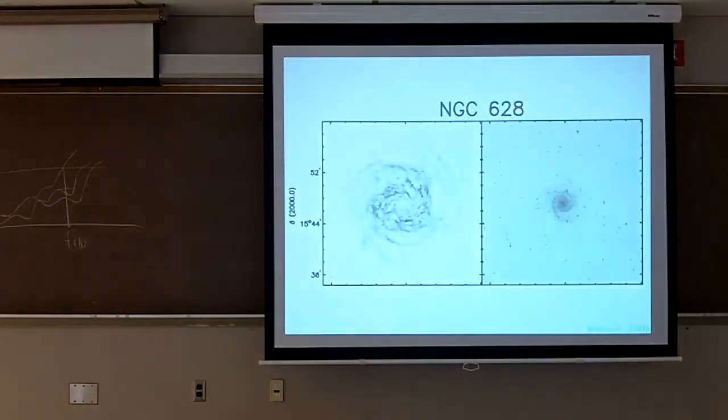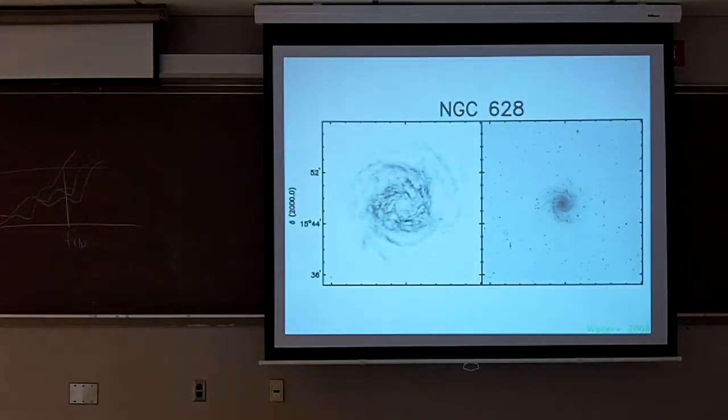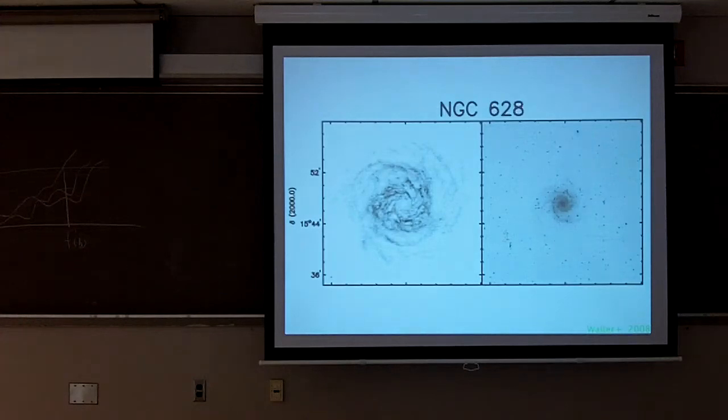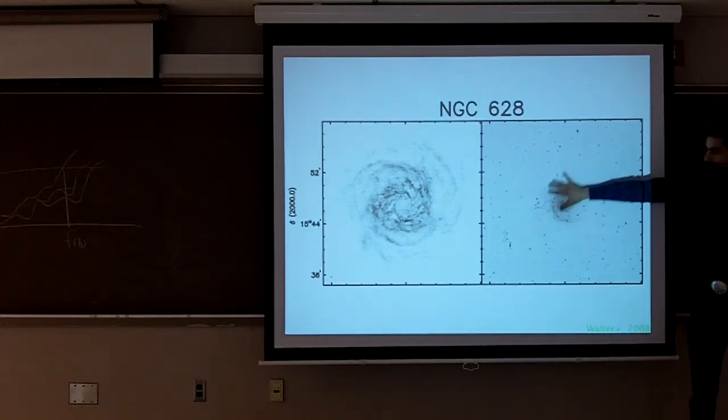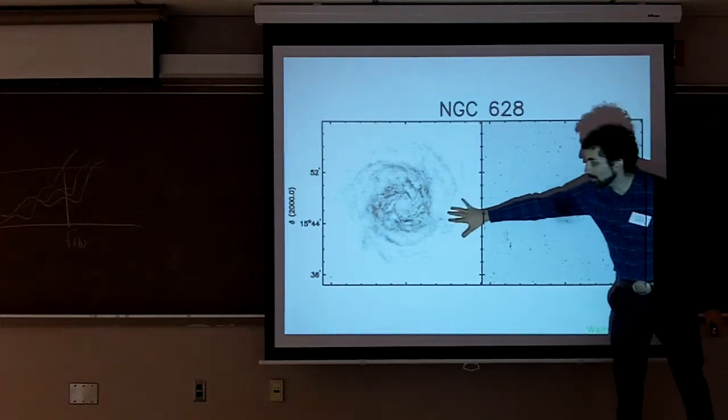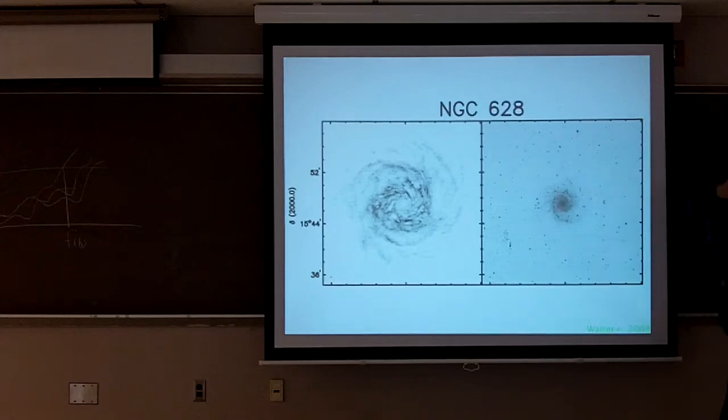Okay, so this is a view of NGC 628 from the THINGS survey, and this is a different galaxy. This isn't, of course, the Milky Way, and this is what it looks like in the optical-ish. And here's what it looks like in the neutral hydrogen. So you can see that the disk is very extended. You can see all these beautiful spiral features in it. And this gas is important to understand because it's part of a relationship with the formation of stars.